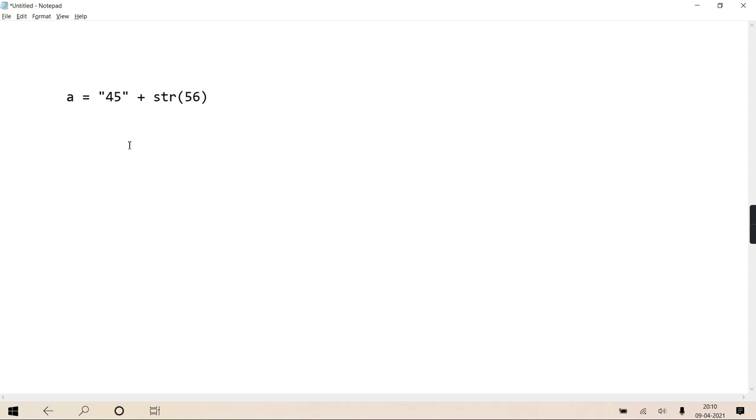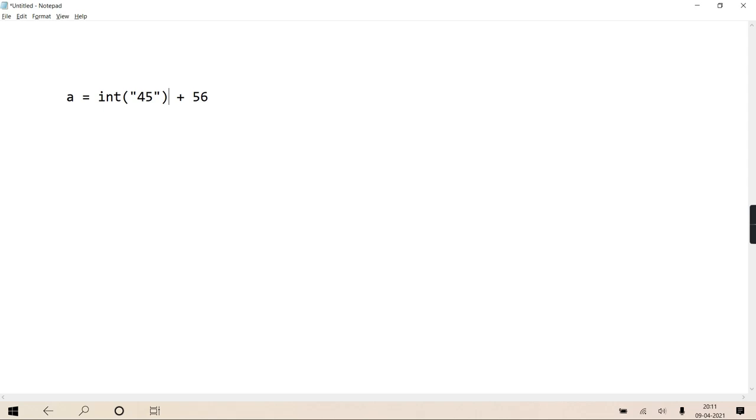Now string and string can be concatenated in Python. String and string concatenation is allowed, but string and integer is not allowed. You understanding or no? So if you want concatenation, convert into string. If you want addition to take place, then convert string to integer. But who is supposed to do it? Is the Python interpreter doing it on its own, or are we doing it explicitly by using these conversion functions?